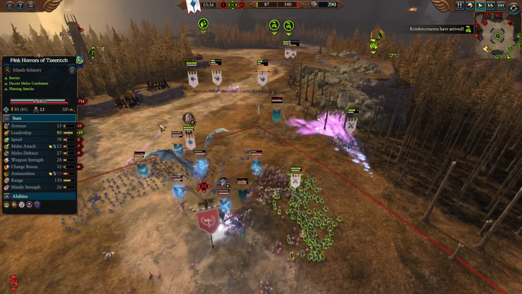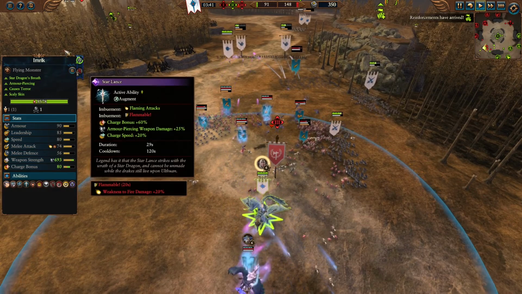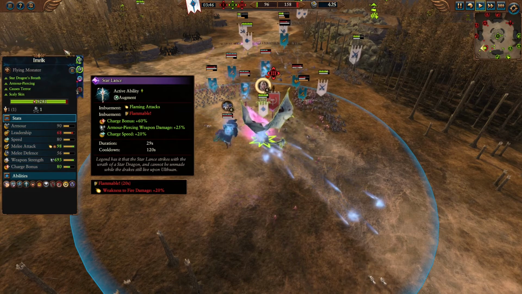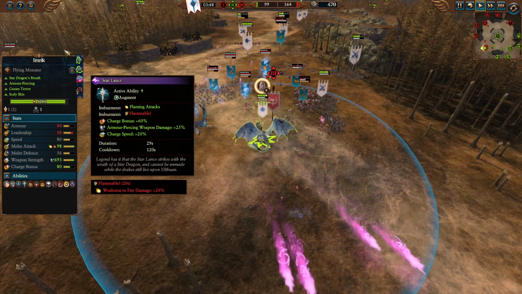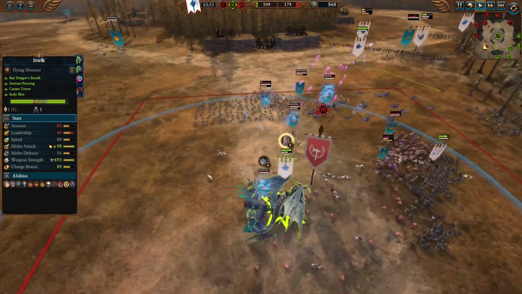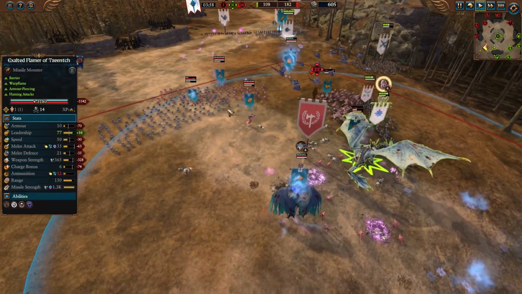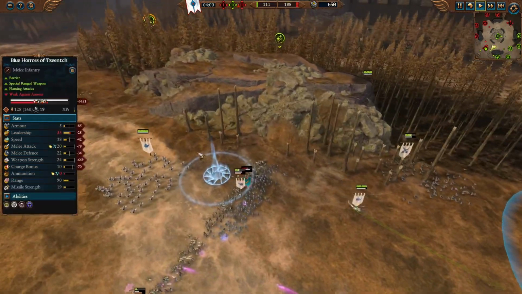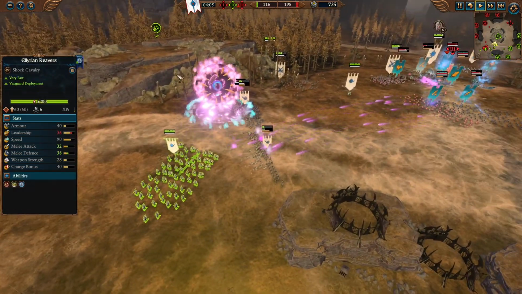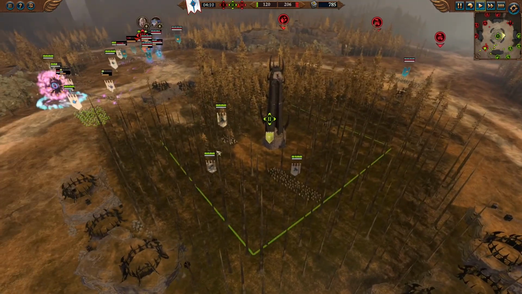Imrik has a clear charge. I activate his Star Lance, which gives him charge bonus, flaming attacks, and imbues the blade with flammable. I think he inflicts it onto the enemy, charge speed and piercing damage. So the Lord of Change here jukes a little bit, and Imrik is focusing the wrong target, but he juked the fires. Here I managed to dodge with my Illyrian Reavers the Infernal Gateway, and in the middle there is